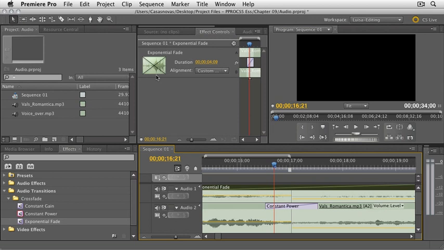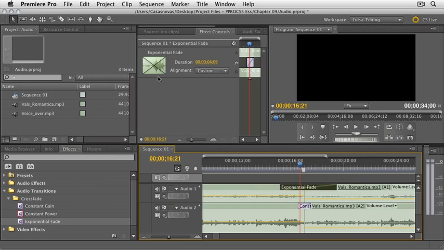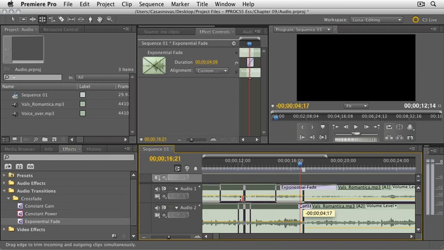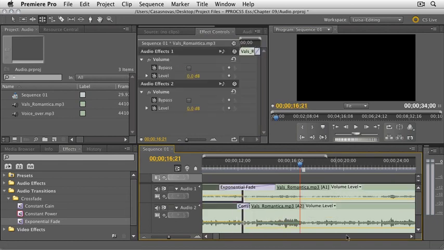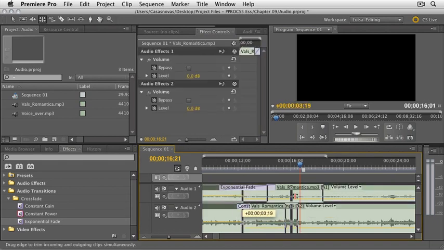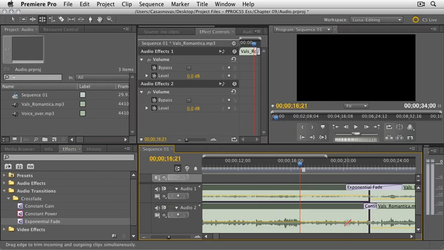Using transitions is a very common way of changing the audio levels of a clip, especially when we are not exactly sure where we want the fade-ins and the fade-outs. In other words, if we need to change the time location of this fade, all we need to do is use the rolling edit tool, and voila, now it's happening a little bit sooner, or if I do it the other way, a little bit later. In other words, it's a little bit more convenient than using